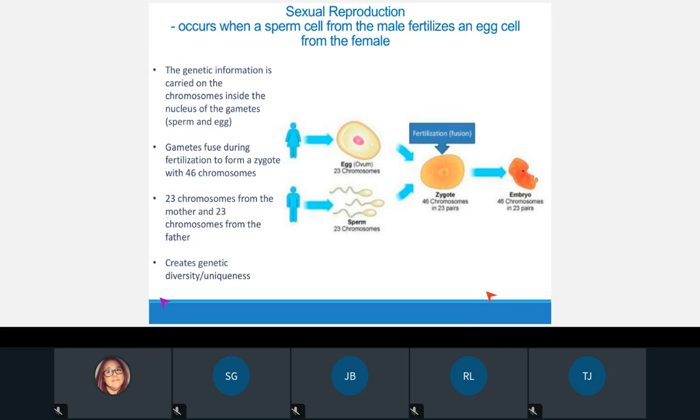If you are a gentleman, you have sperm cells in your body. If you are a female, you have egg cells in your body. This is not weird. It is a cell. It goes under a microscope, and we can look at them, and it's super cool.